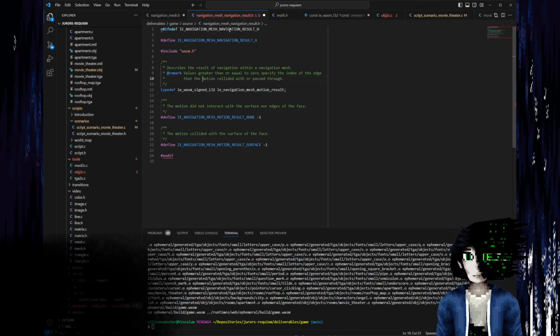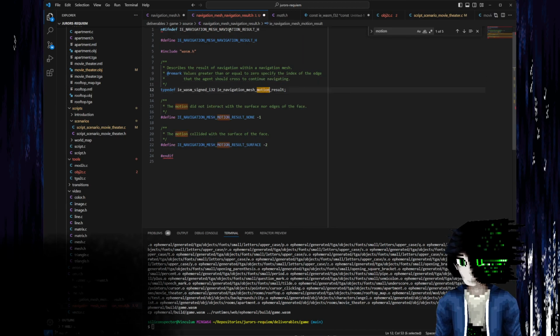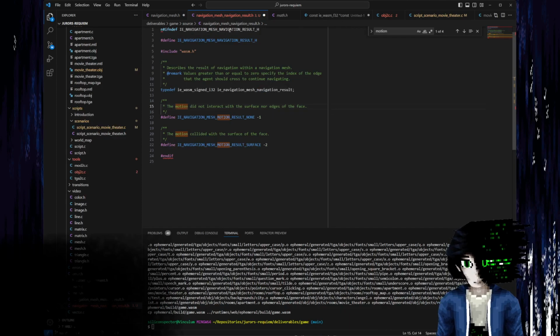Okay, so value is greater than or equal to 0. Specify the index of the edge that the agent should cross to continue navigating. And then we're going to have one for you're already there, one for I couldn't find the route at all, and one for